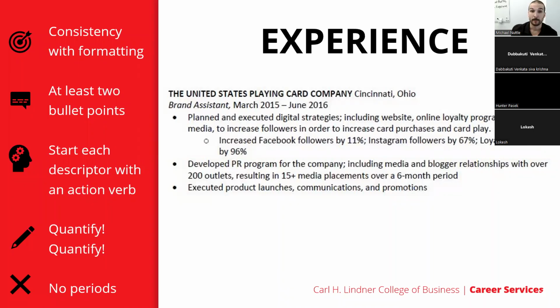A lot of people say that if you're going to put it on there, you need to at least have some bullet points. I make the argument that some people want to include things on their resume just to show, at the very least, the full timeline of the work experience. And if that's the case, putting at least 2 bullet points can fill up your resume really, really quickly. And so I personally am perfectly okay if somebody only shows this information here at the top, in this example, the United States Playing Card Company, Cincinnati, Ohio, brand assistant, and then the timeline. I'm perfectly okay if that's all you show and you don't have any bullet points under that. Again, somebody may tell you differently.